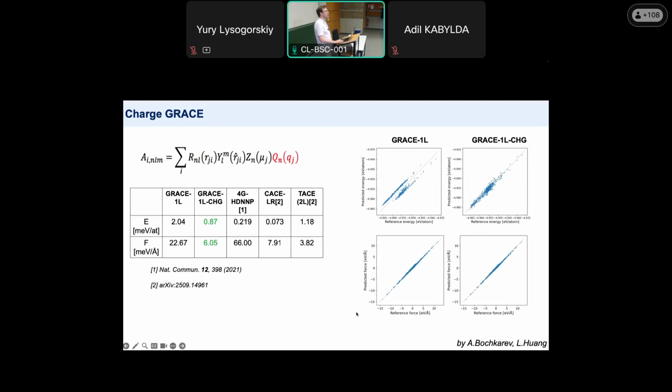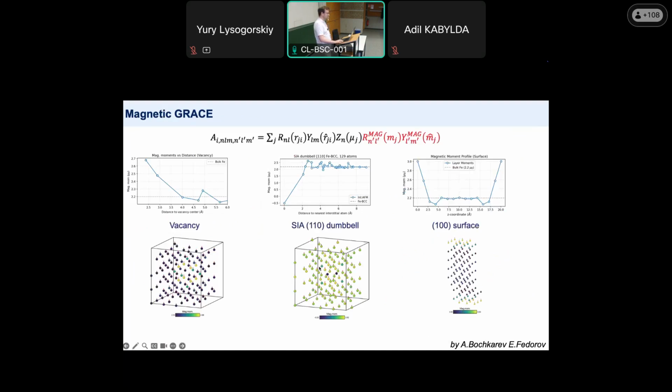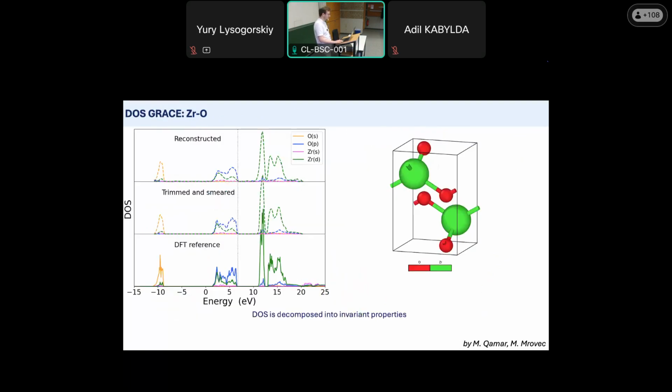Or we may incorporate charges as input to the model, into this atomic basis, and get the charge-aware model, but that's still work in progress. For example, incorporate magnetic degrees of freedom, which also opens a route towards parameterizing non-collinear magnetism in systems. And even parameterize a multiscalar property, in that case the electronic density of states for some zirconium oxide.